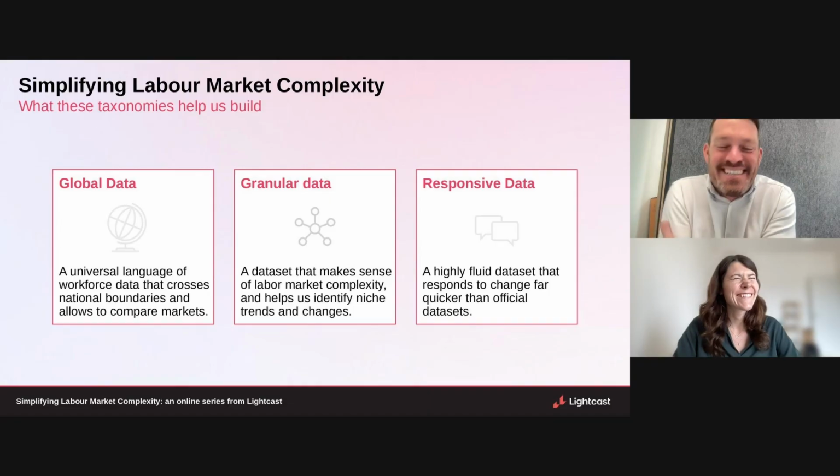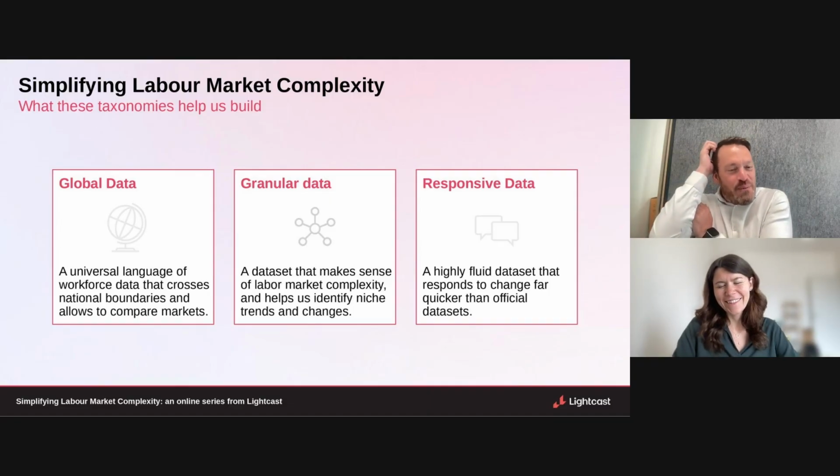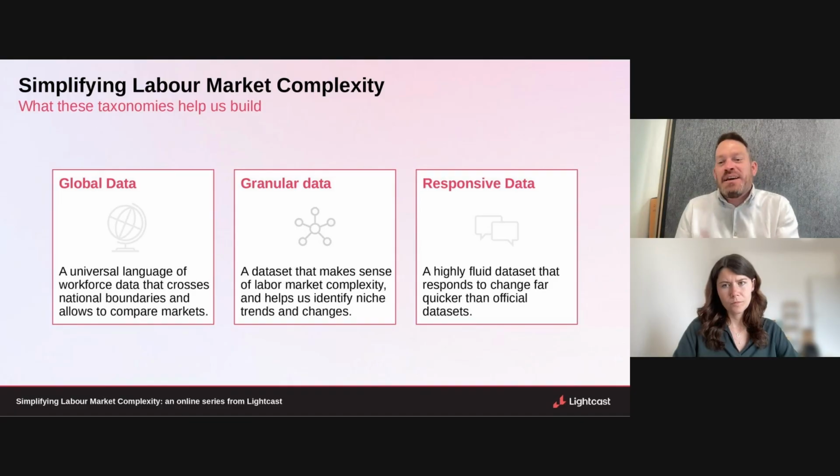Let's get into the interesting stuff, because I think what we've worked on and you've worked on is really starting to think about some of these themes within the context of some of those headlines from the industrial strategy, to start to really lift the lid and get into the so what of what we mean by some of these things. And so you're going to take us through, as you say, a few different use cases, thinking about the way that taxonomies enable those use cases, and then show a few examples.